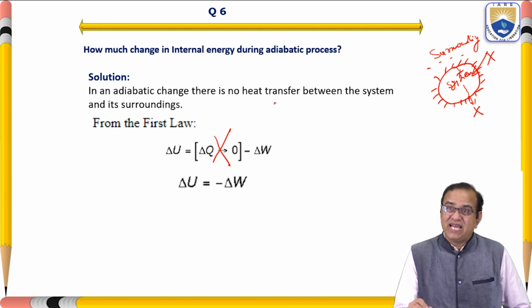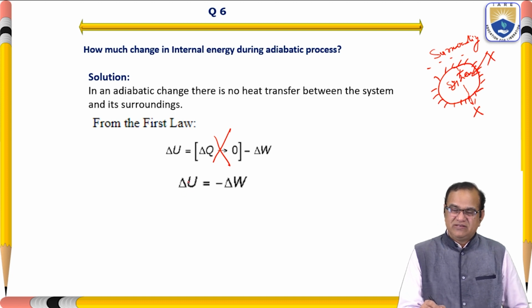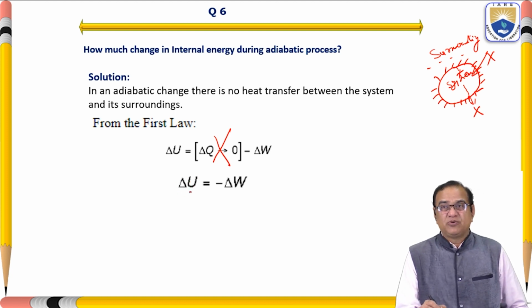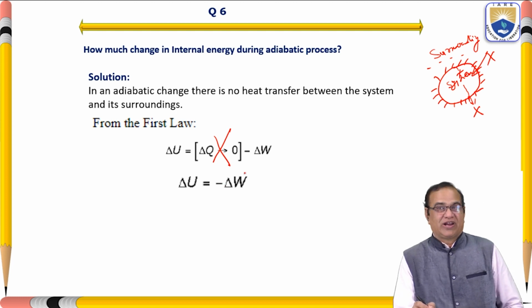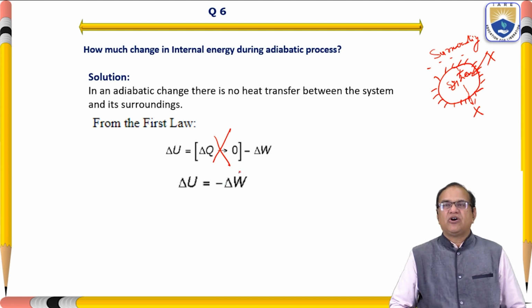If it is an adiabatic process and you know the work, you can find out the internal energy, and if you know the internal energy, put the minus sign, you will get the work. That is the relation which we have to understand for any numerical problem or any application of